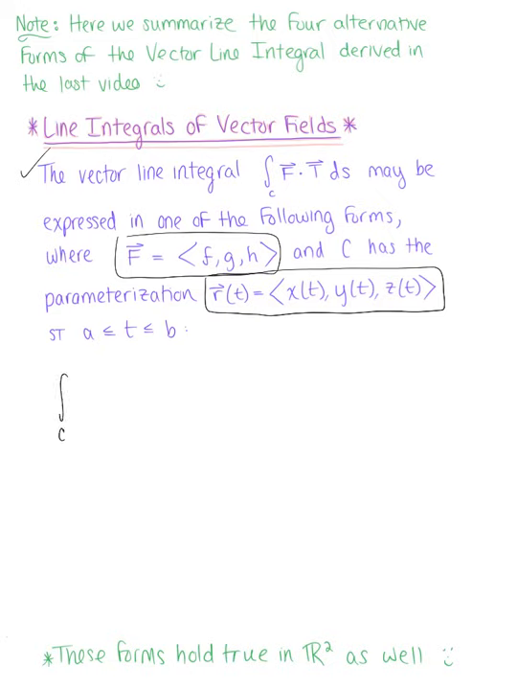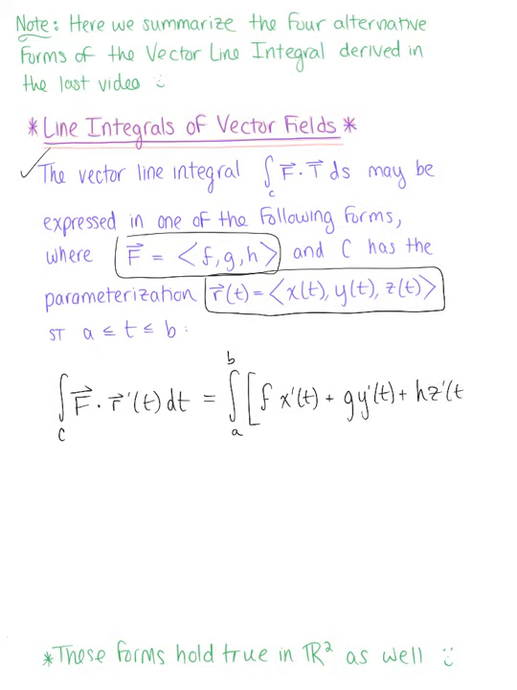So we have the integral over the curve C of the dot product of the vector field and the tangent vector with respect to t, dt. And the first alternative form was the integral from a to b of f multiplied by the derivative of x with respect to t plus g multiplied by the derivative of y with respect to t plus h multiplied by the derivative of z with respect to t dt. The second alternative form, we converted this to the integral from a to b of f dx plus g